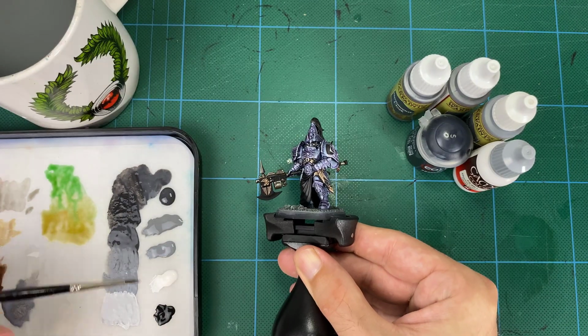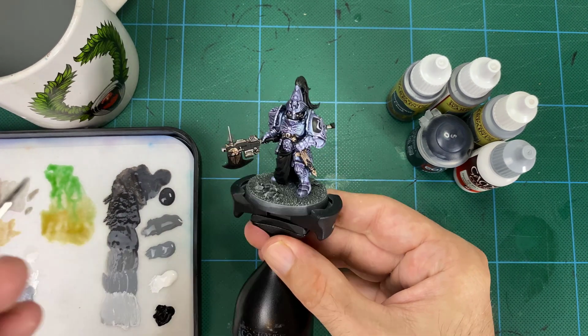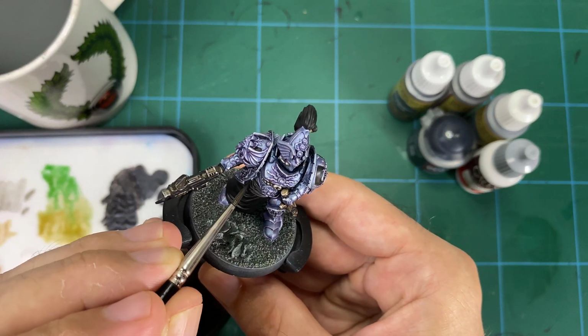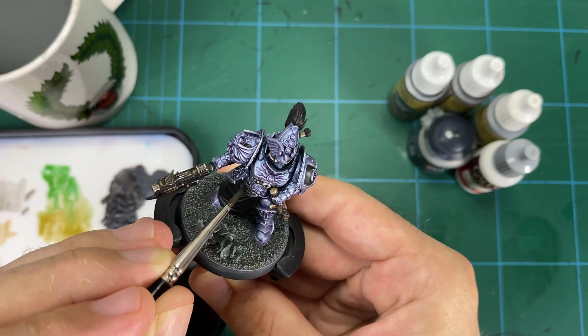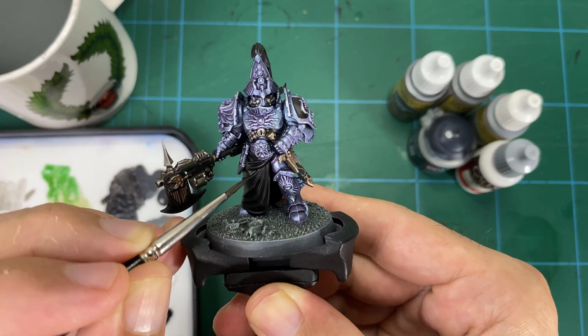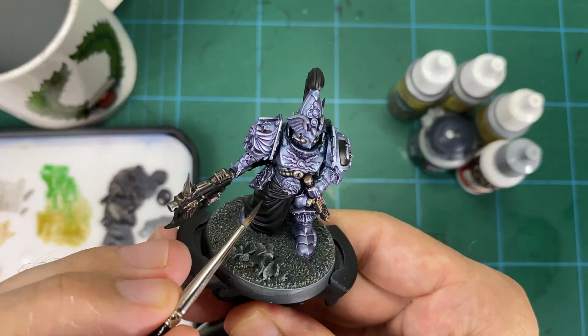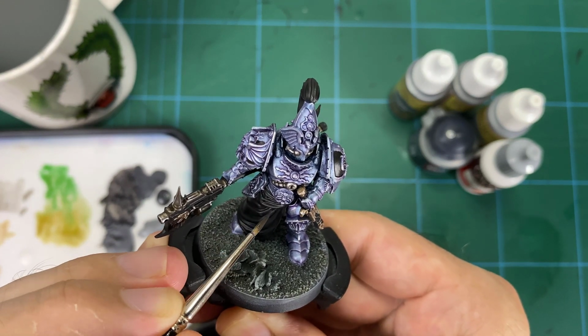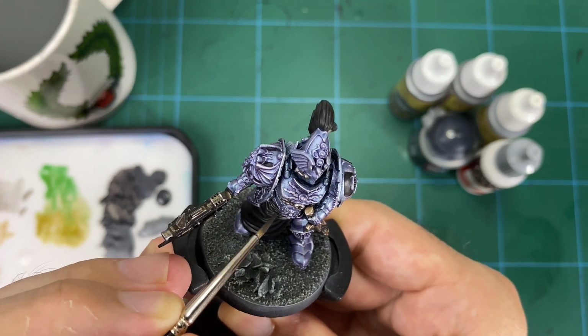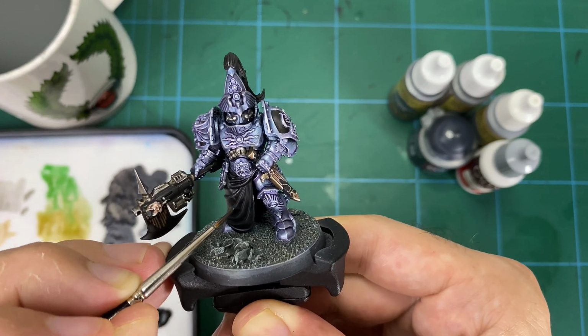Okay, so now we're onto I guess the slower section of this paint job. So we're looking at all of those black robes, the gun casing and so on, and on the sword as well, all those black areas. It's a very simple case of setting up your gradient, as you'll see me do, mixing through about 4 or 5 different levels of grey, going from a dark grey all the way up to a light, and then you're basically just painting, following the folds in the robes, paying attention to how the light is hitting,